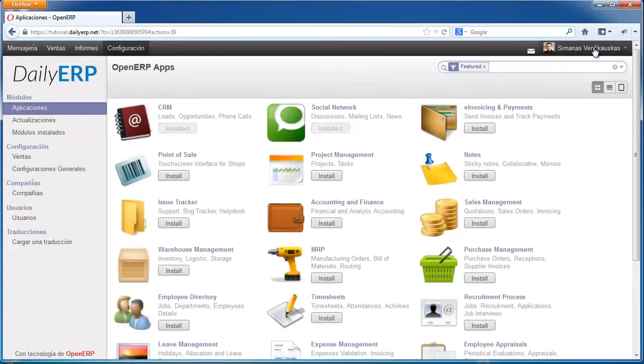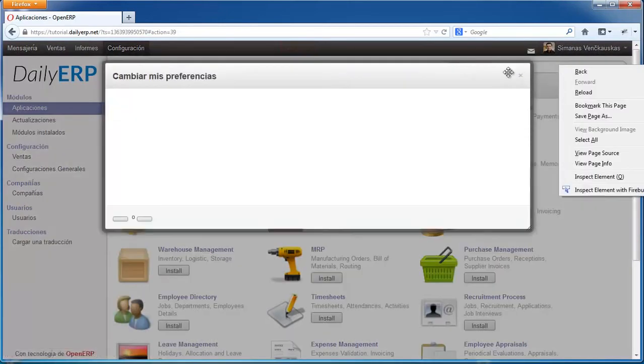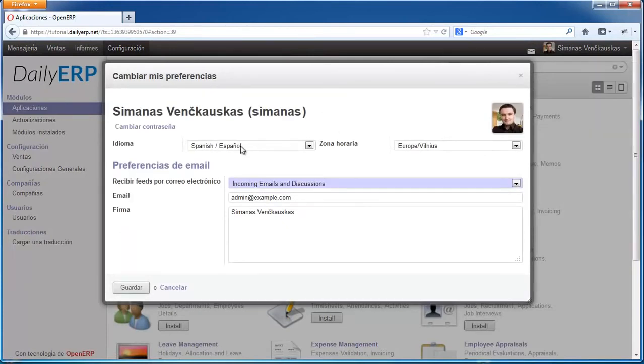For example, you may want to use English, but some of your colleagues may want to use Spanish, and it's pretty easy to achieve such a thing, so that some of your colleagues may be managing everything in Spanish, and you have your interface in English. Okay, and here you have